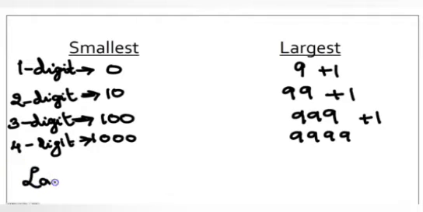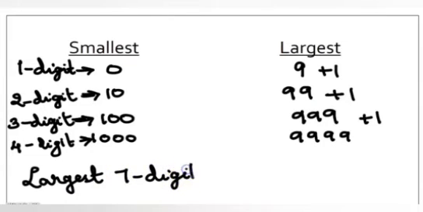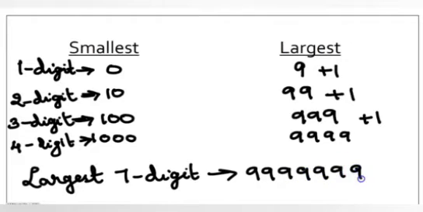Like this, we can form large numbers using 9 and small numbers using 1 and 0. Now let's see which is the largest 7 digit number. As I have told now, we can form the largest 7 digit number using 7 nines together. As you can see, this is a very large number. Now let's see how we can read and write the large numbers using place value system.